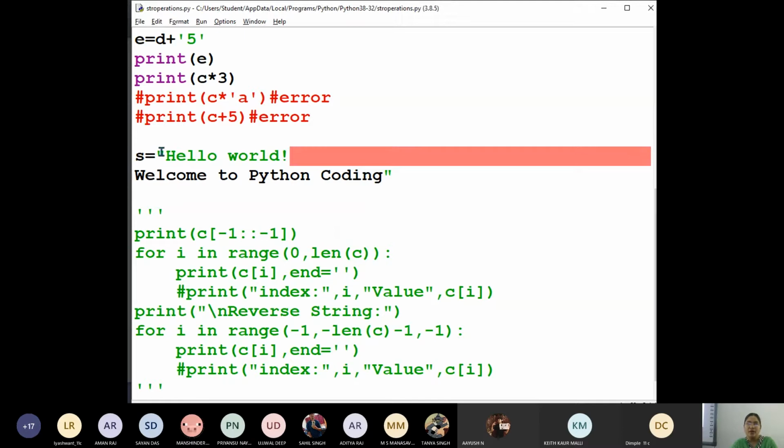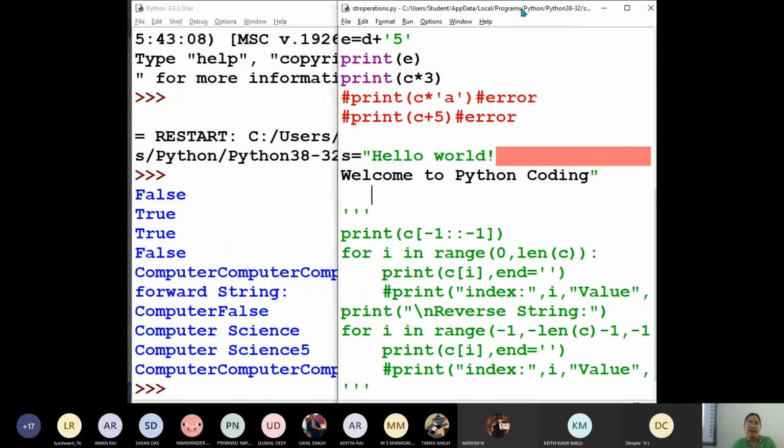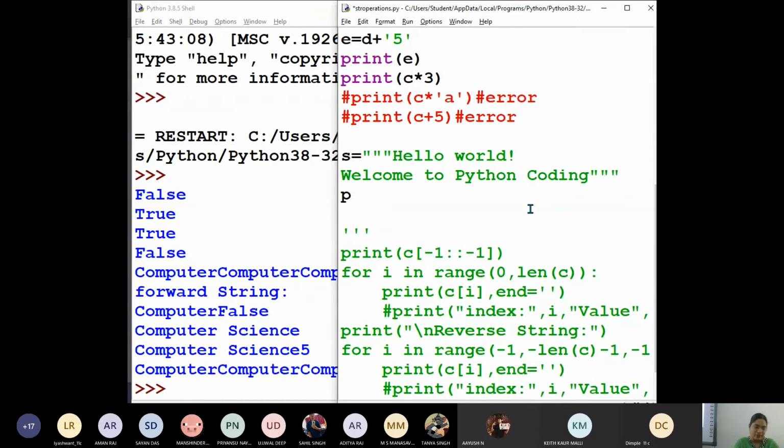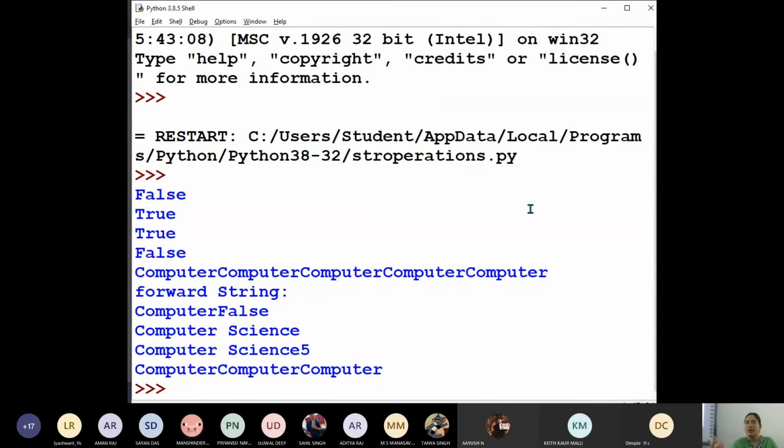But what is my intention here? I wanted hello world, welcome to Python coding, this entire two lines to be a single string. So for that reason, I can use either 3 double quotes or 3 single quotes. Now if I print, is there any error? No error.